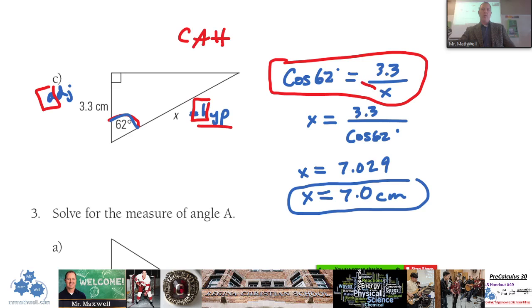So if you multiply both sides by x, the x goes up to this side. If you divide then by cos of 62, the cos of 62 then goes down here. And so they can switch. Across the equal sign, those values can always switch. Okay? Across the equal sign, those values can switch. So we have x equals 3.3 divided by cos of 62, and you should get 7.0 to the nearest tenth there,